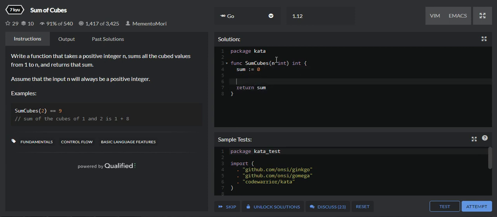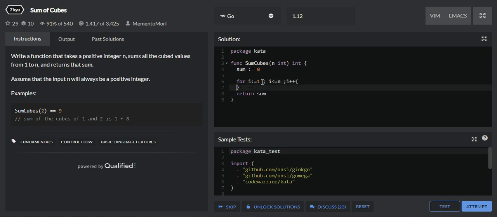Now what we can do is iterate over each of the numbers from 1 to n, and we can calculate each number's cube and then add it to the sum. So I'll take a for loop for that, where i is equal to 1, and i should be less than or equal to the number which is passed, and i plus plus.